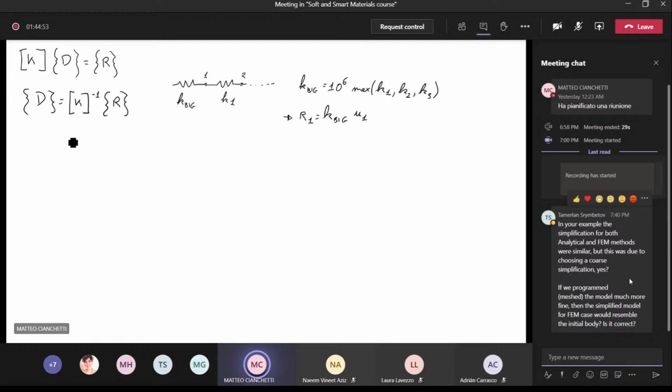I can directly write the matrix instead of writing the system. Now we have here K1 plus K big, minus K1, minus K1,